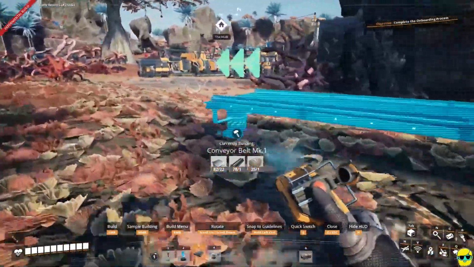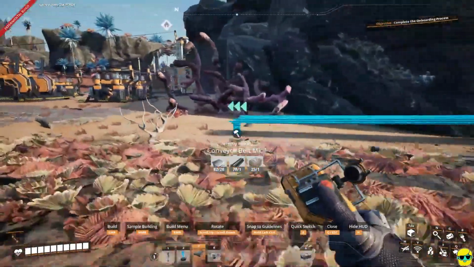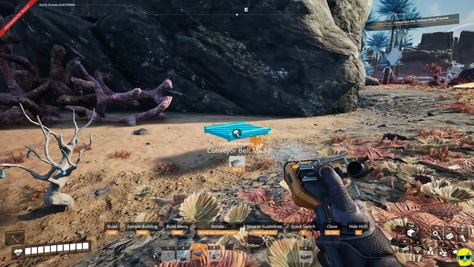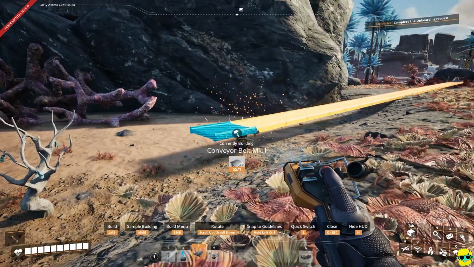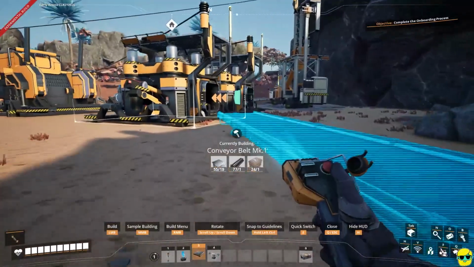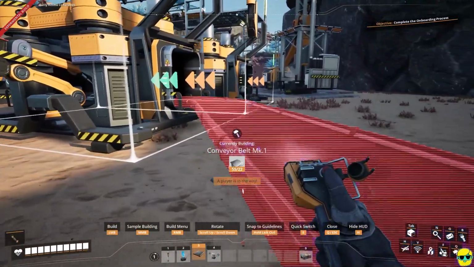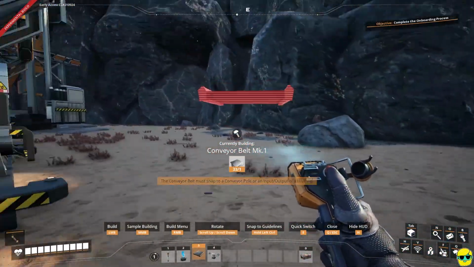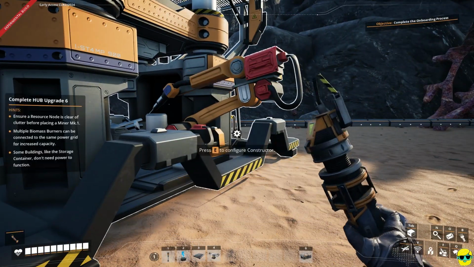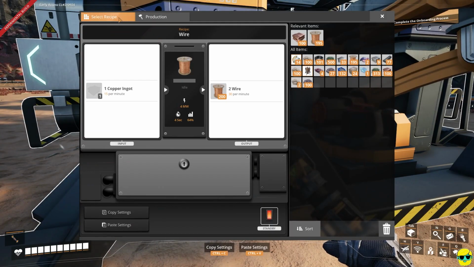I'll show you where I'm going to put it. You can put it wherever you want, but I'm just going to be lazy about it. Put it here. Remember, this takes plates. This is why we're making a bunch of plates. And I'm going to run it right into this constructor. Okay, and I'm going to push Q to stop this, and we're going to just configure this to